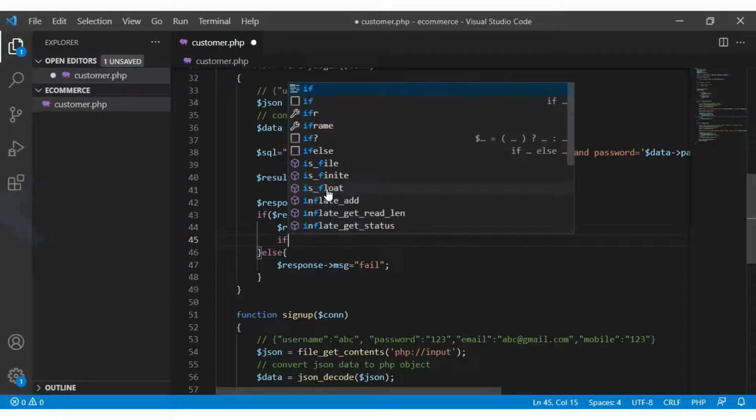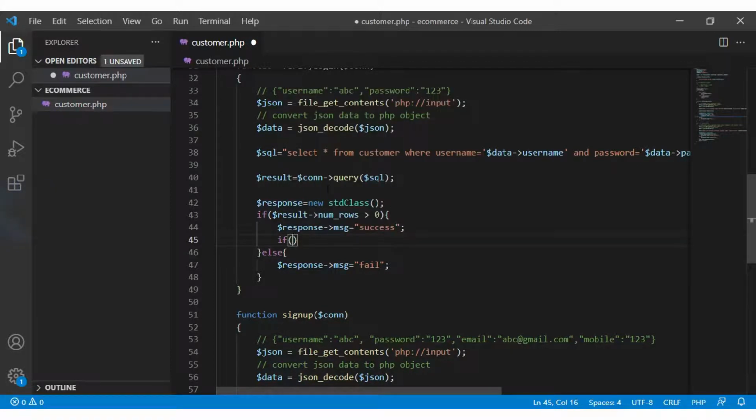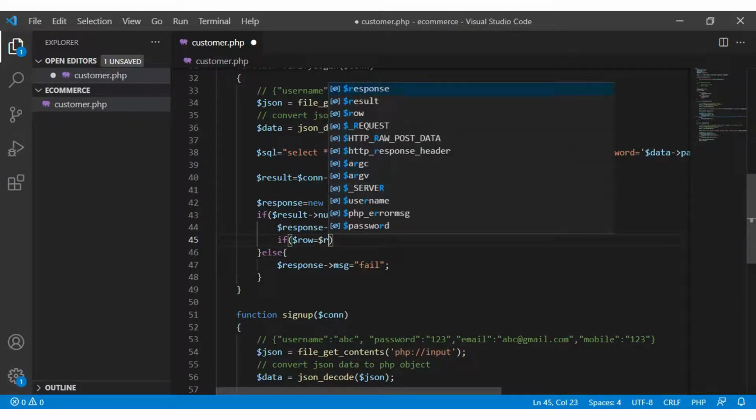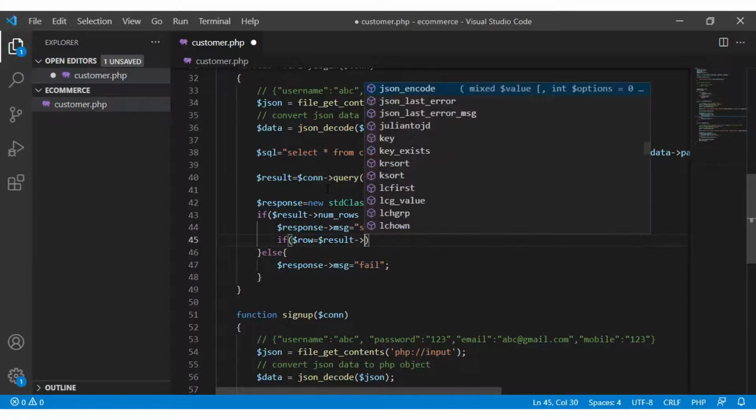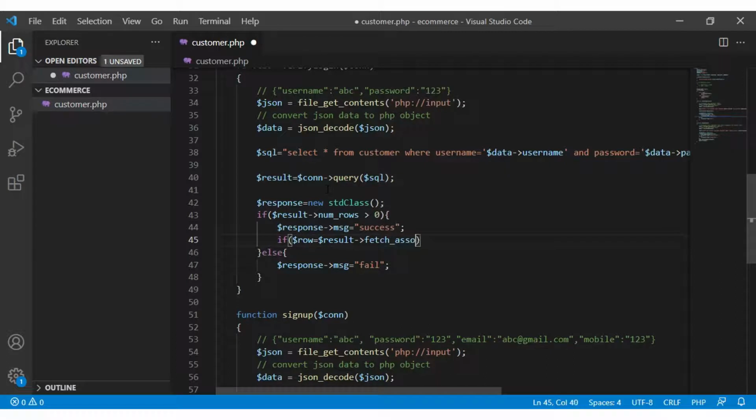For that we can write: if $row equal to, in PHP we have $result->fetch_assoc. This is the function we have with our result object, and it will return a row.